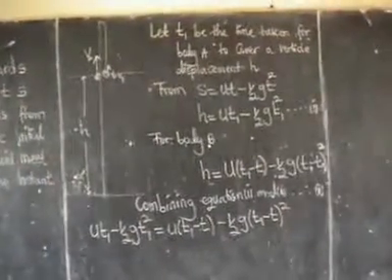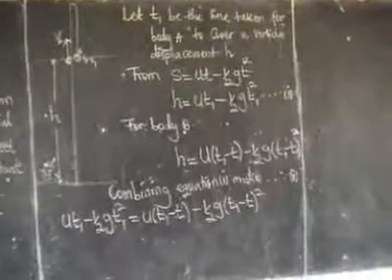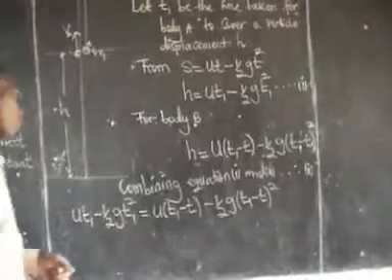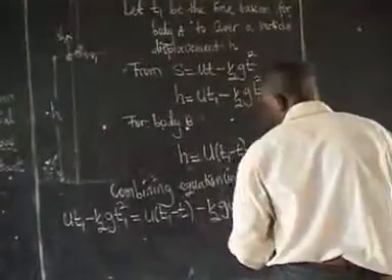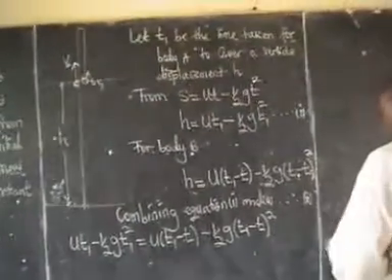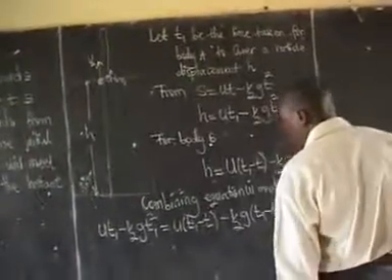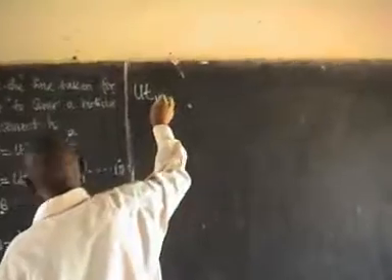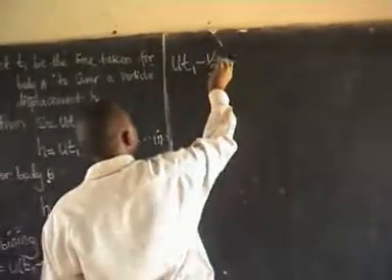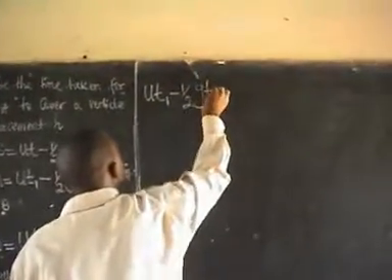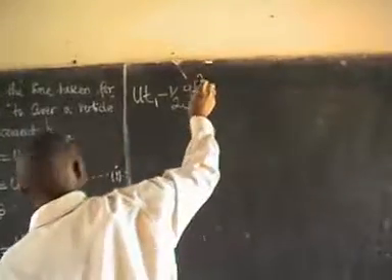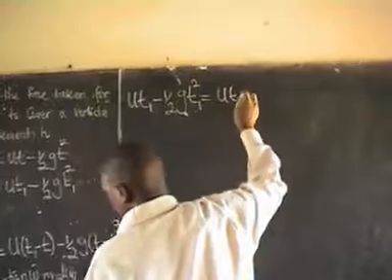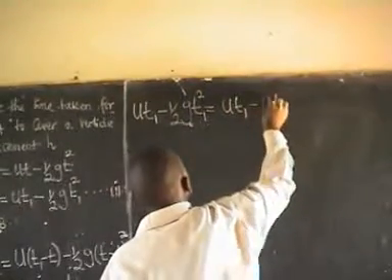So we are now having a task of making t1 the subject. So opening the brackets, we shall have u t1 minus a half g t1 squared is equal to u t1 minus ut